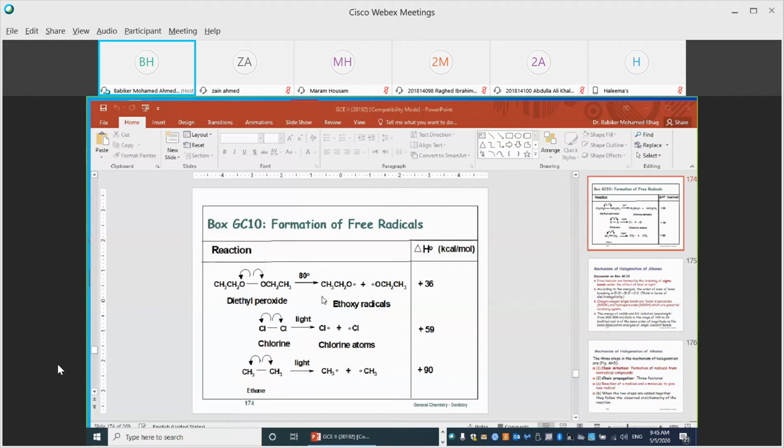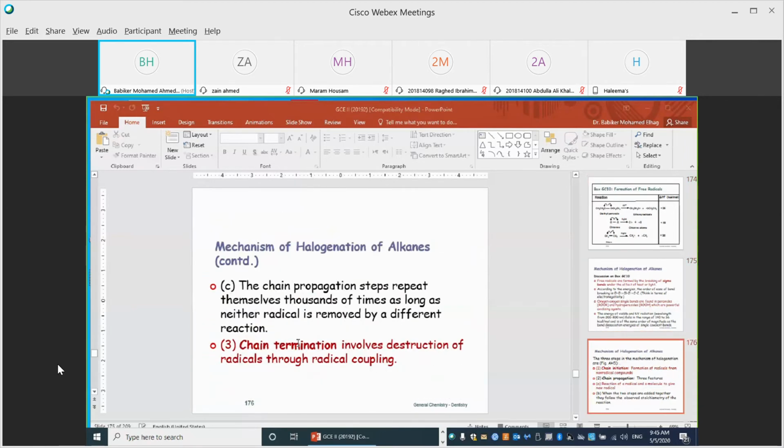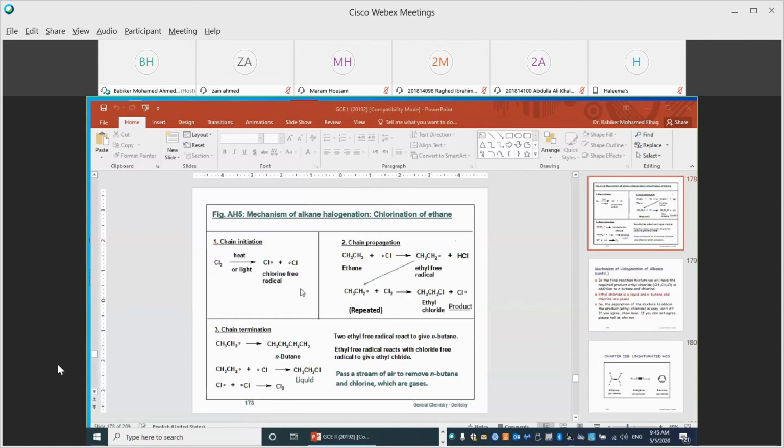Okay, a halogen such as chlorine or fluoro group. Carbon-hydrogen bond in alkanes, we call it the reactive bond. Okay, so if we react an alkane with, like here, ethane with chlorine, we'll get ethyl chloride